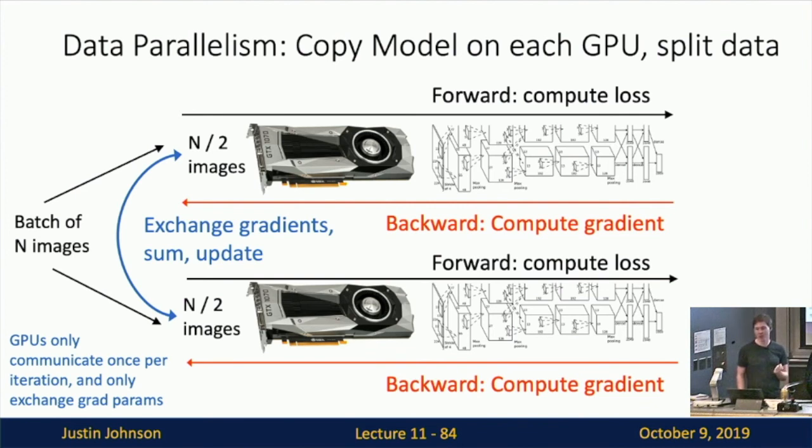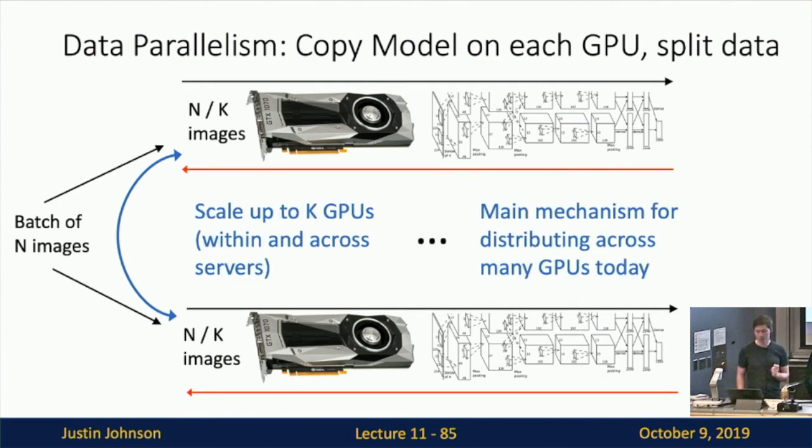The only point where you need to communicate is at the end of each forward and backward pass, where these GPUs need to communicate the gradient of the loss with respect to the parameters and sum those gradients across all the GPU devices in order to make a gradient step. This is the way that people typically make use of multiple GPU devices these days. And this approach scales very well to very, very large numbers of GPUs. You can imagine splitting this not just across 2 GPUs in your desktop, but across 8 GPUs on a big